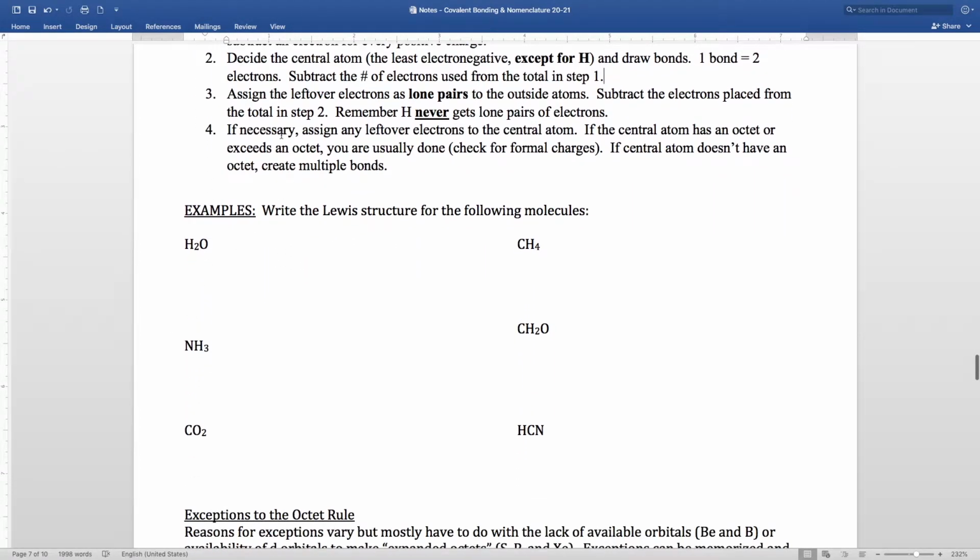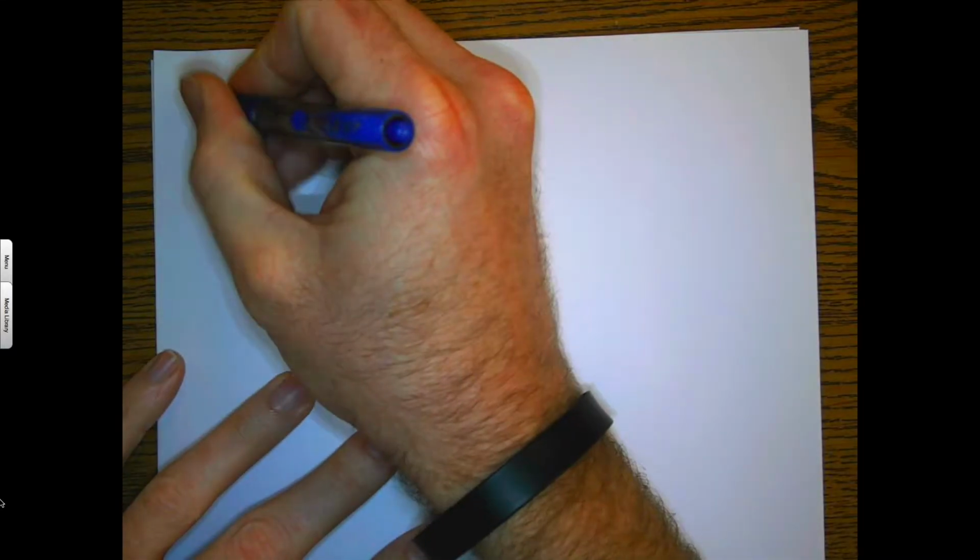So that step number 4 is usually where students start to have trouble, and I will help you along. I will do the examples on a piece of paper. The first one we're going to do is going to be water. So if we take H2O,